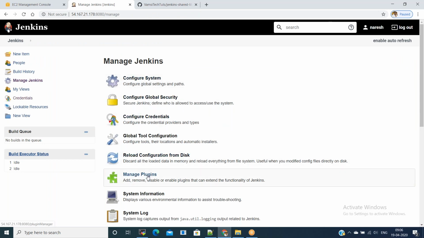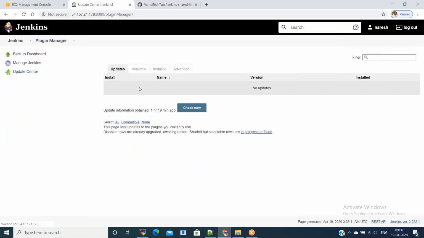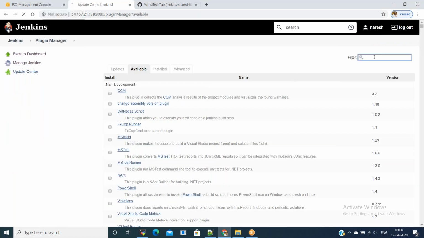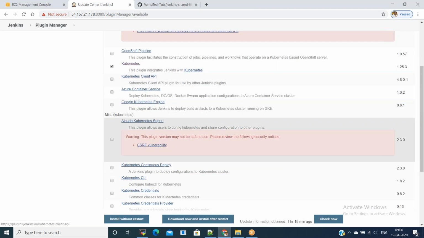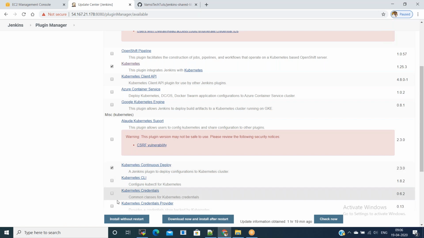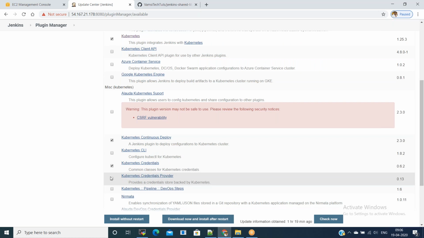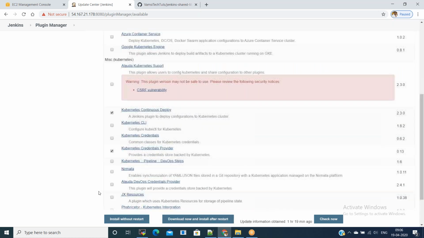Go to Manage Jenkins, Manage Plugins, and in the Available section, look for Kubernetes. Select Kubernetes, Kubernetes Continuous Deploy, and Kubernetes Credentials, and Kubernetes Credentials Provider. No need of Kubernetes Credentials. You can select Kubernetes Credentials Provider and say install without restart.